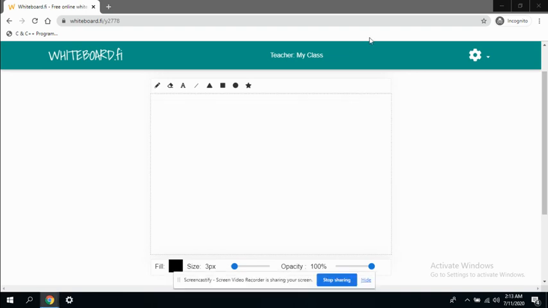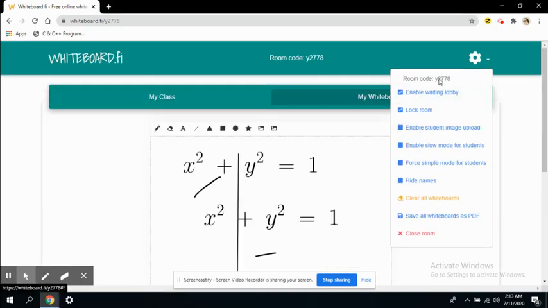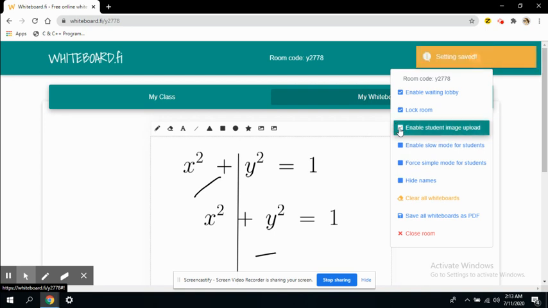So that option is available in the settings tab of, sorry, this is the students tab. Let's go to the teachers tab. So here, enable student image upload. So I have enabled it. It says settings saved. Now let us see what has happened to the